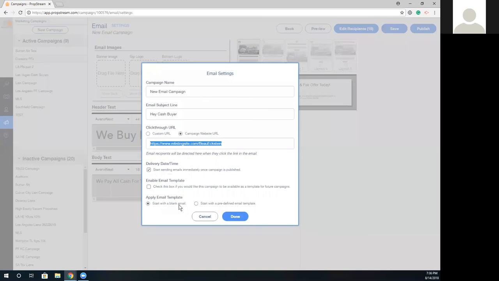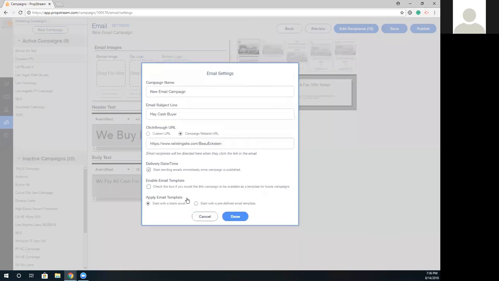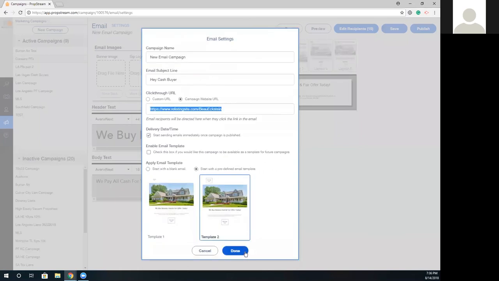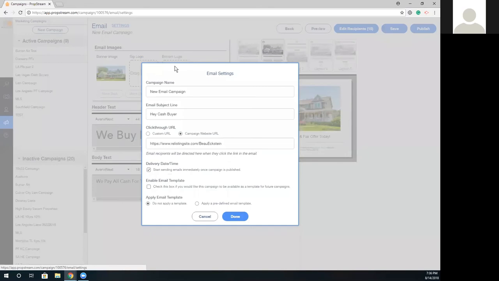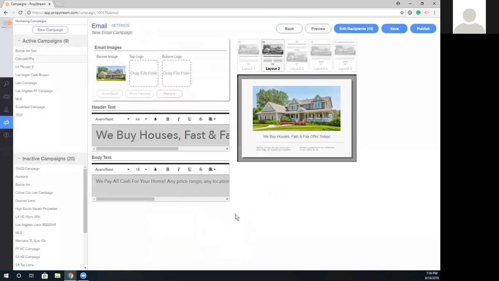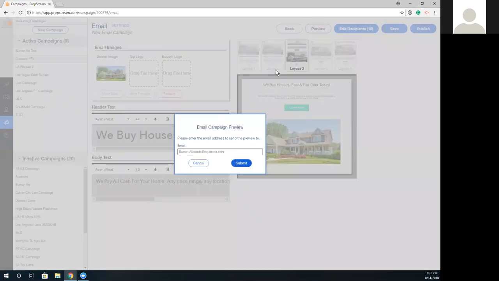Again, we can save our template for future use, or we can not, and then you can start with the blank template. And also, if we have a custom domain name like Sell Your House Fast Little Rock Arkansas, we can actually mask it or direct it to that, correct? Correct. Yeah, that's where the custom URL will come into play. Got it. All right, so once we do our custom editor and choose our layout, we can publish it. Or if we want to preview it, you can actually email it to yourself.